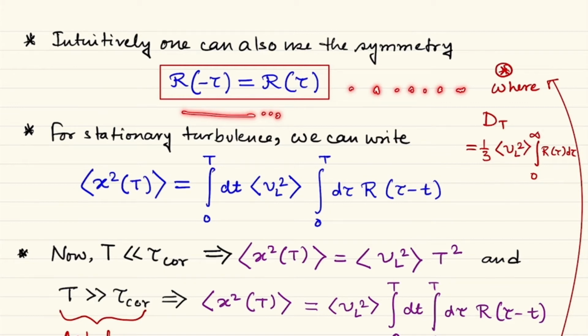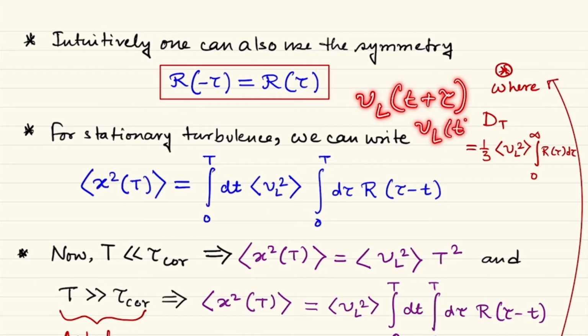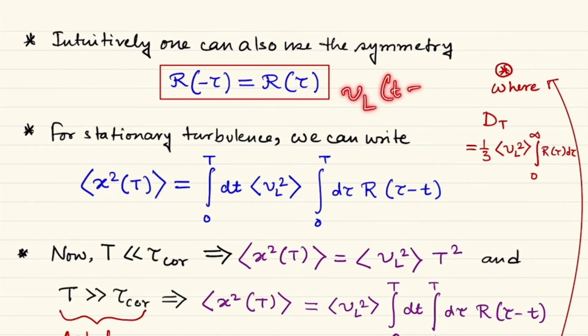So translation in the positive or negative direction should be equivalent for 2-point quantities. If VL(t+tau) times VL(t) is a function of tau only, then VL(t-tau) times VL(t)